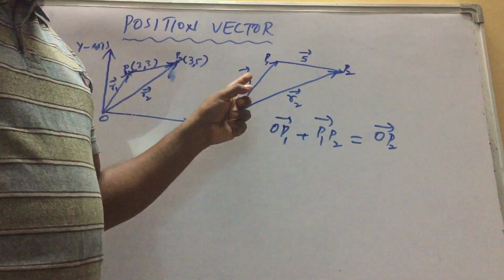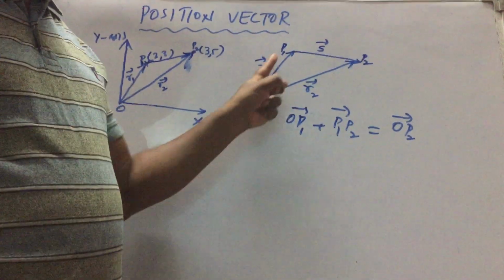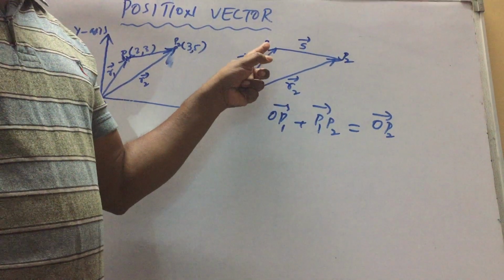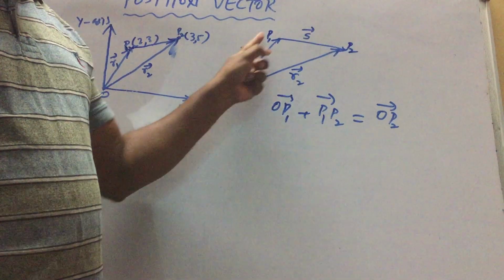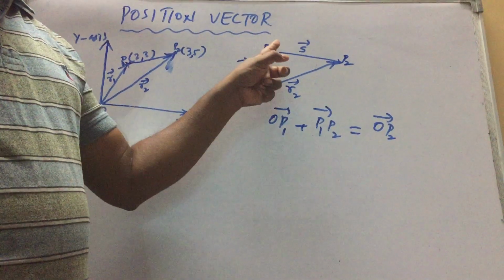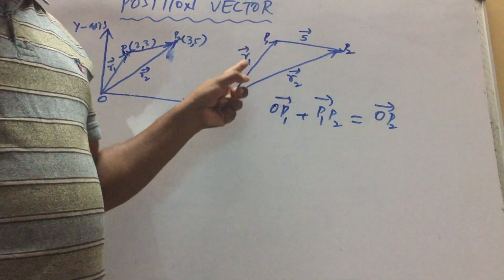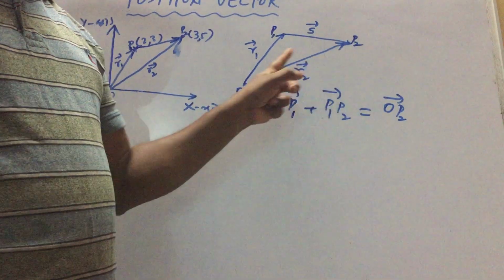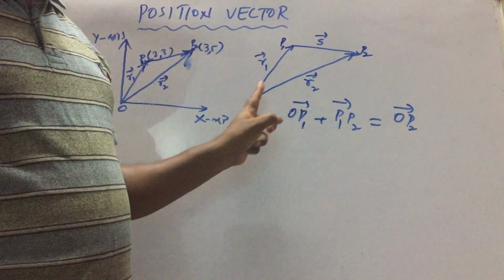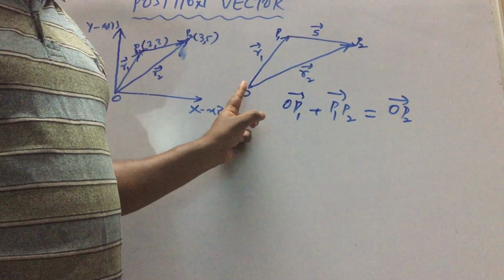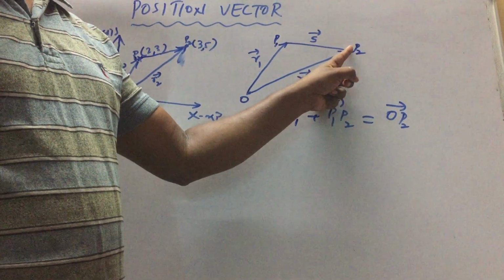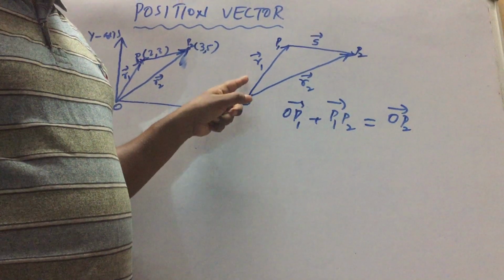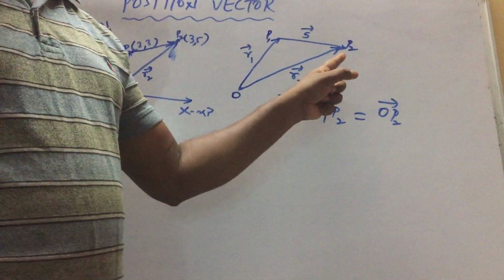Now these are the sides of a triangle. OP1 is the first vector. The tail of the second vector is at the head of the first vector, so they are joined in order. This is very important: when head and tail meet, they are in a particular order. Now what is the reverse order? OP2 has its tail at the tail of the first vector and its head at the head of the second vector. So this is nothing but the resultant vector. According to the triangle law, OP1 plus P1P2 is equal to OP2.